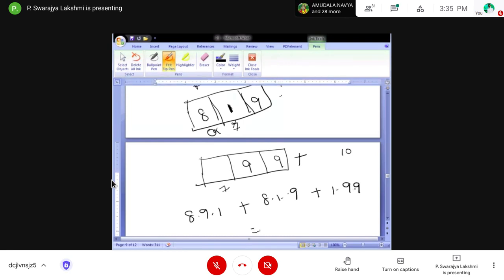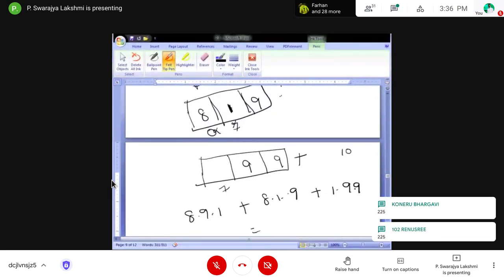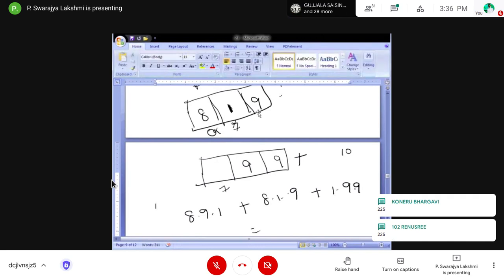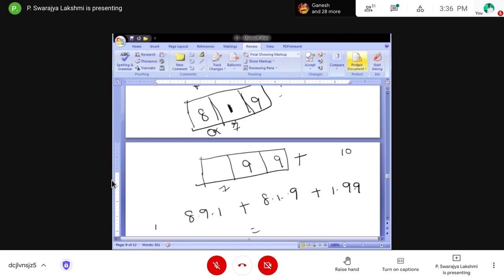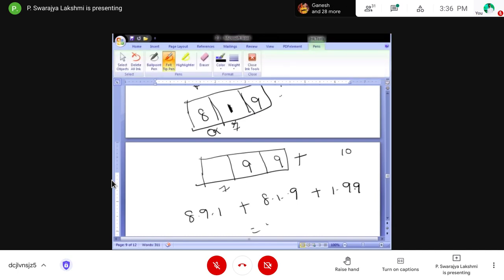So what is the final answer? Right, 225. So 225 is the right answer.